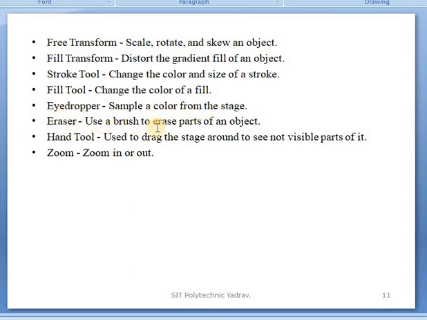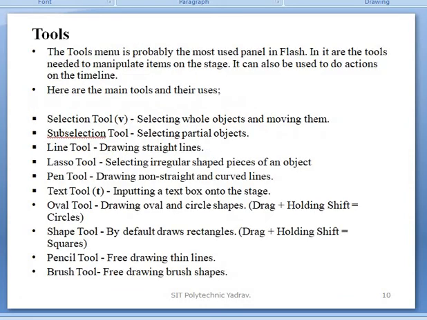Eraser: use a brush to erase part of an object. Hand tool: used to drag the stage around to see the non-visible part of it. Zoom: zoom in or out. Okay, these are the tools and their uses, the purposes for which the tools are used.